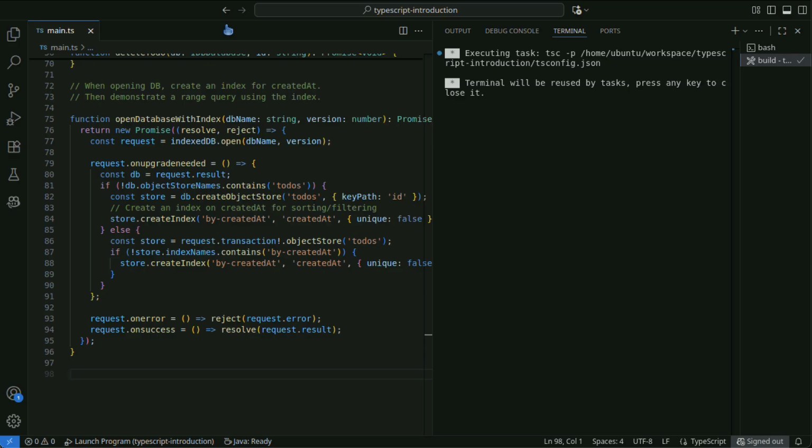This function opens the database and creates or verifies the by-createdAt index on the createdAt field. This allows for efficient searching and sorting by creation date.